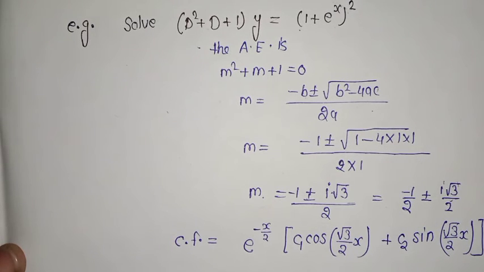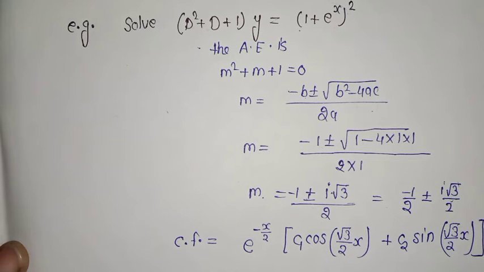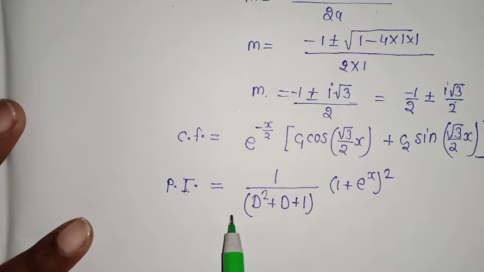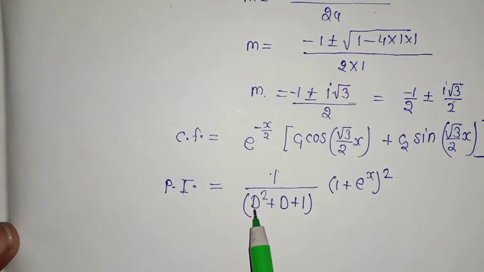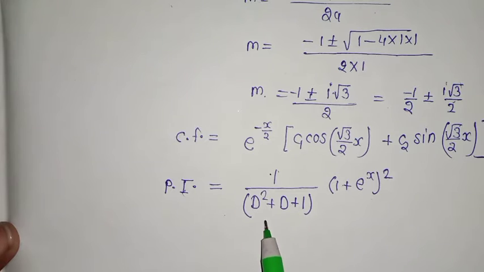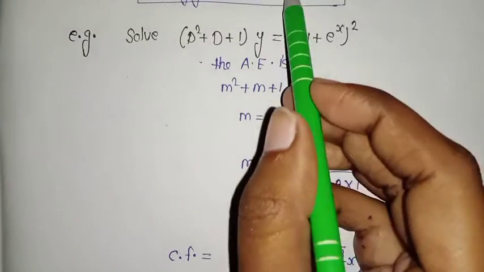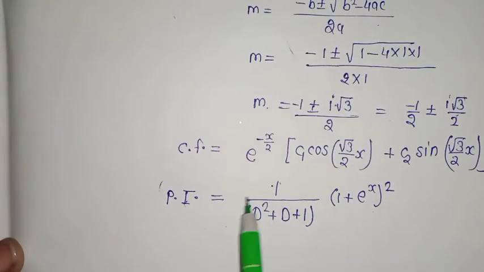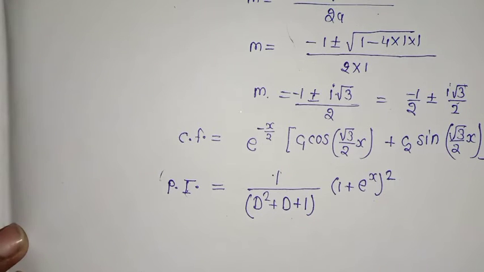But the question is not ending here. We have to find the particular integral as well. So now I am going to tell you how to find the particular integral for such a type of differential equation. As I told you in the working rule of particular integral, we have to take f of D, that is the function of D, in the denominator, and then apply that function over the given function Q. So I am going to apply that, and now we will see how to solve this type of differential equation.